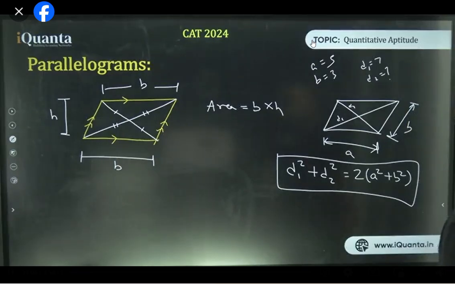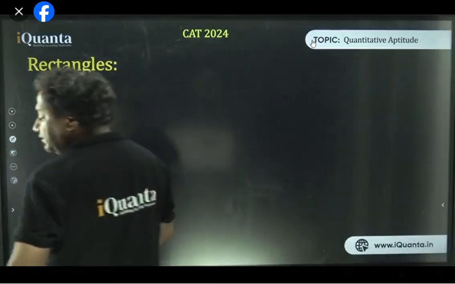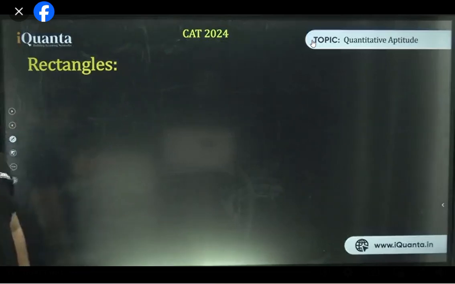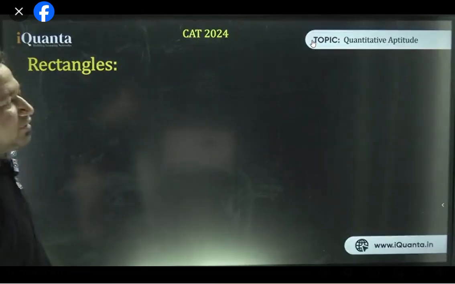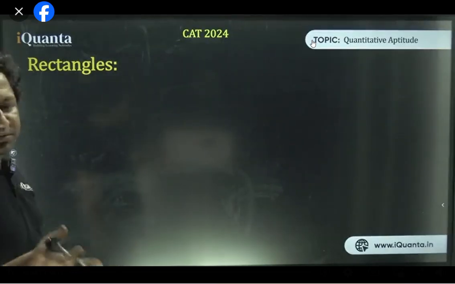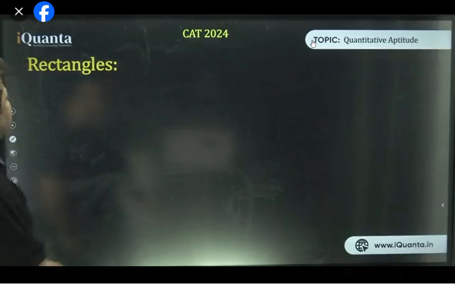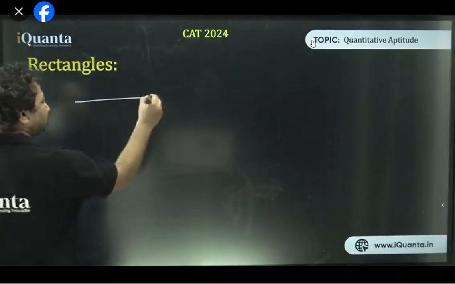Alright. Now, rectangles. Normally, you must have seen in your books what people do first? Squares. Akanksha, exactly, squares. Rashid, it is applicable to all the things. Okay? So normally people do squares, then they go to rectangles, then parallelogram, then kite, etc. But I started from parallelogram. There's a reason for that. We'll get to the reason soon.